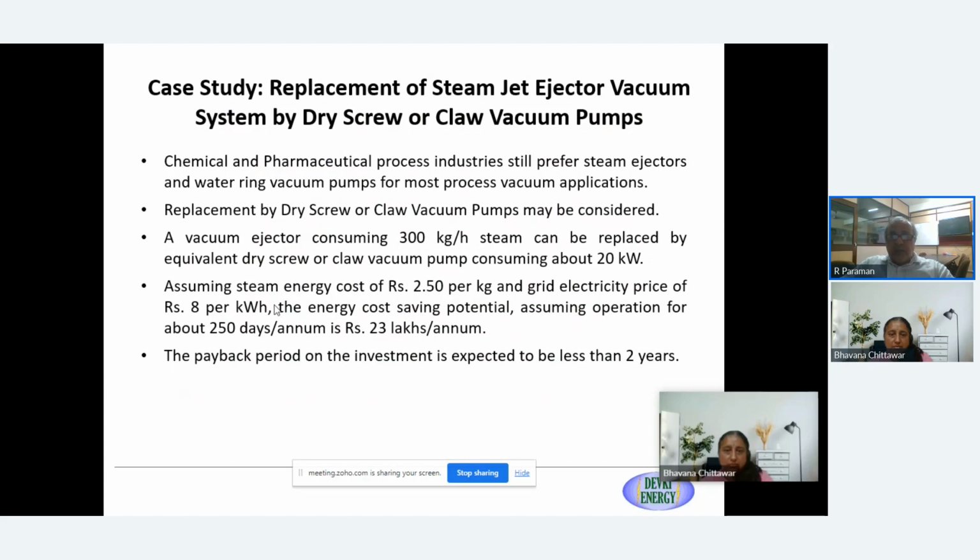Now many of these processes may not be working continuously, but assuming it works for 2 shifts every day, 16 hours, and it works for at least 250 days out of the 365 days in a year, the energy and cost saving potential is somewhere close to about 20 to 25 lakhs per annum. And considering the cost of a screw vacuum pump or a claw vacuum pump, this investment can be paid back within about 2 years. So both for large industries and smaller industries, we have